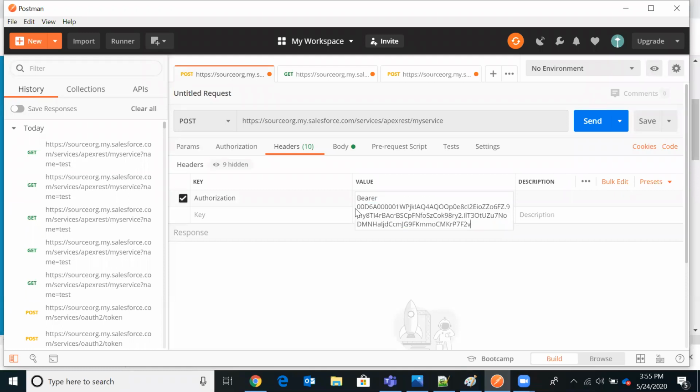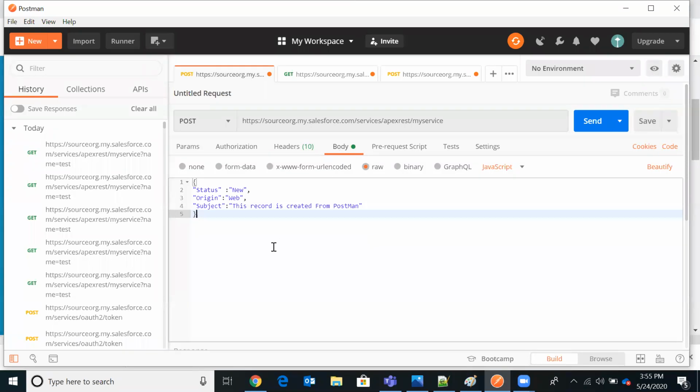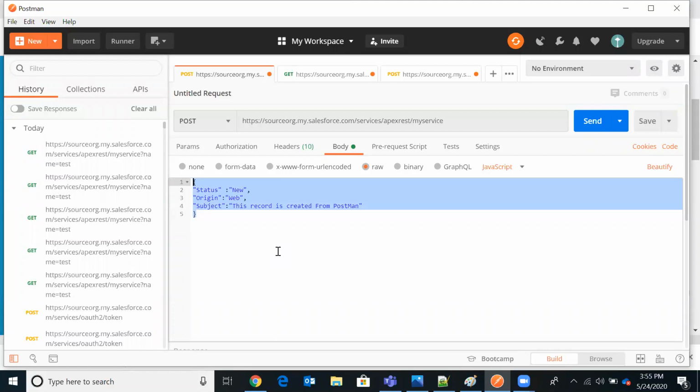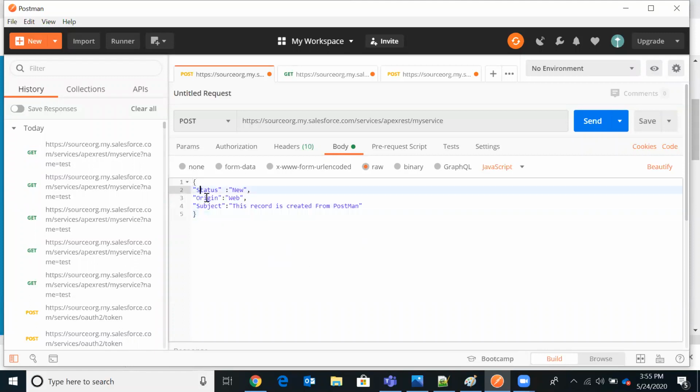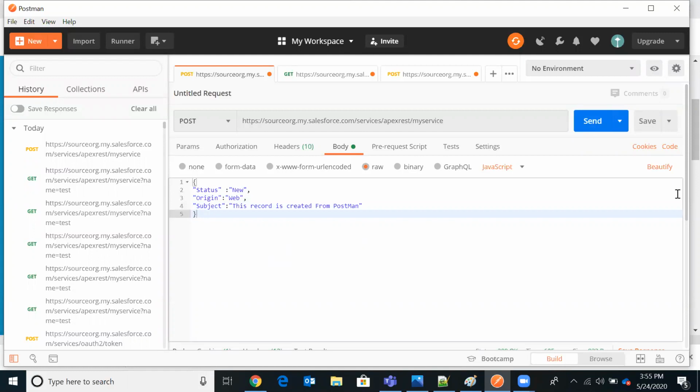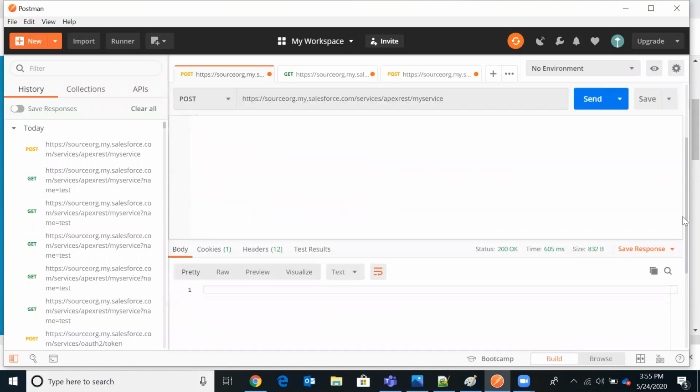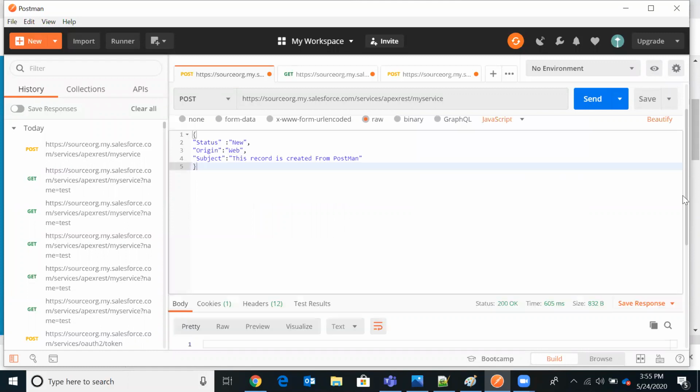So you're passing your authentic access token, and in the body we are passing the case related details: status, origin, subject. These are the three different fields, and I'm passing values to them. If I hit send request, it is not returning any response, but it says 200 OK.